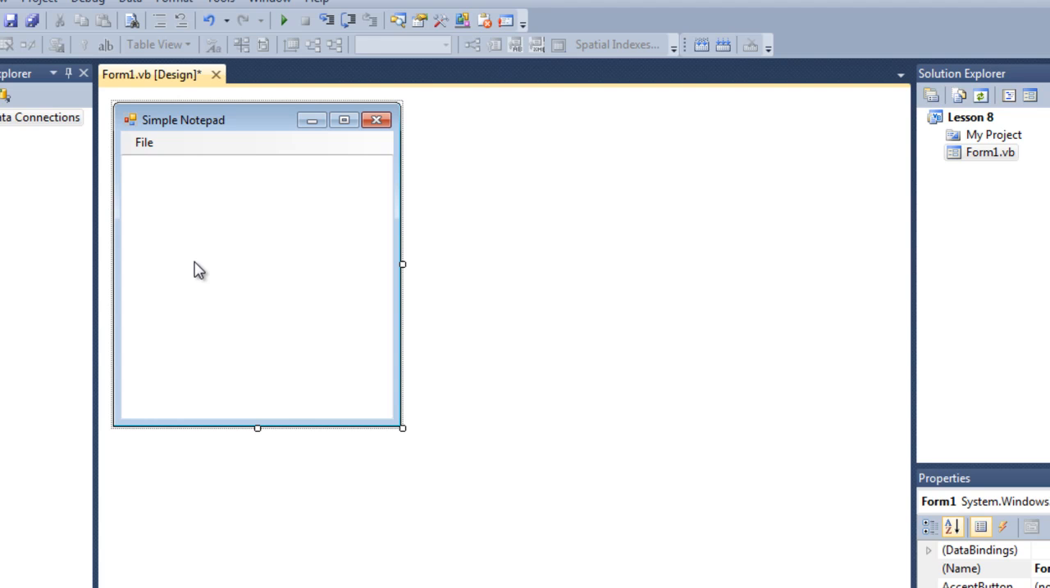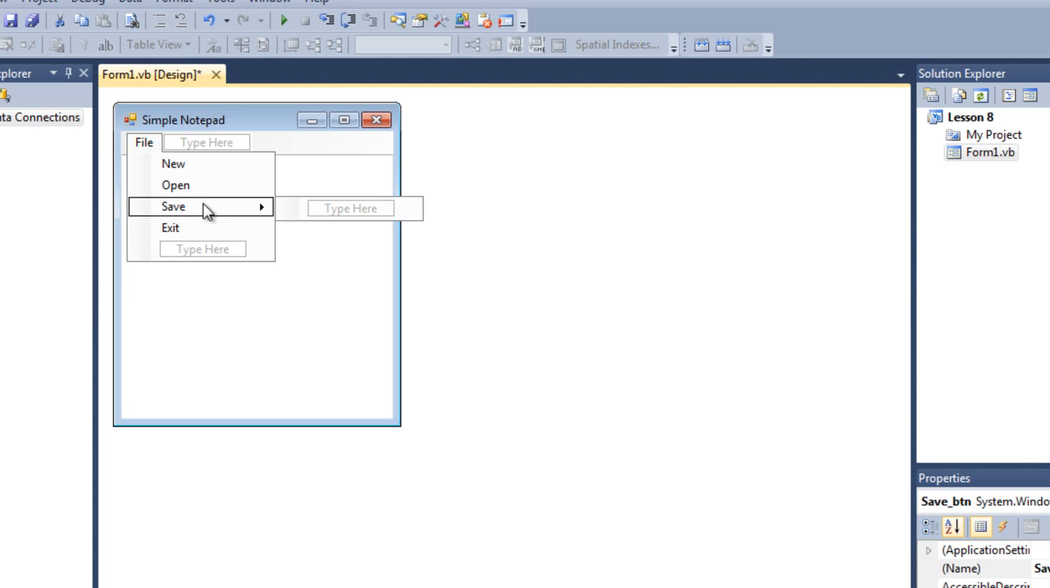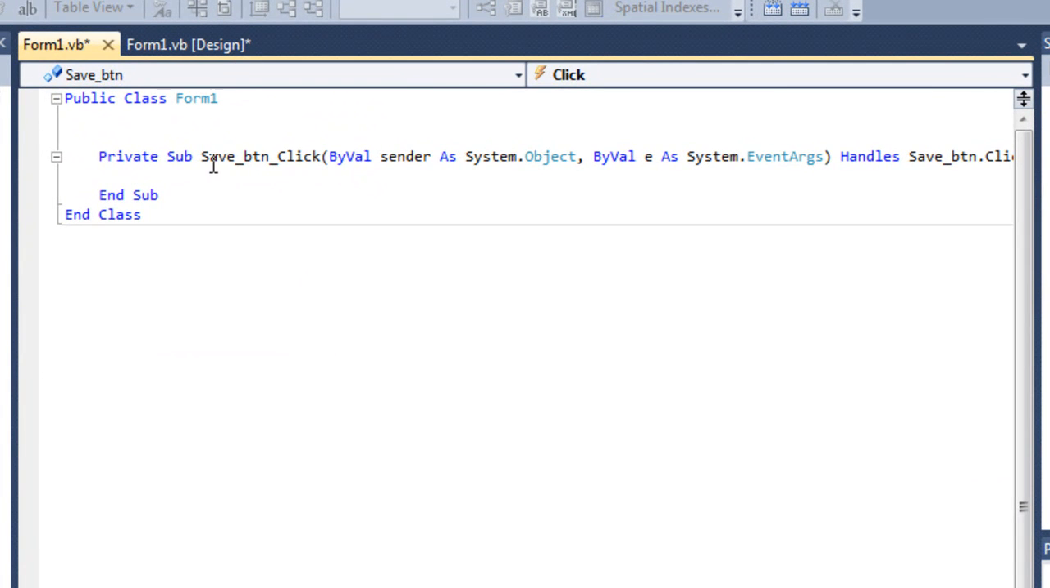So let's just get into the program stuff. So just click on the file and double click on the save button. Whenever the save file button is clicked, I want to save the file where I want. To do that, it's very easy. Just type my